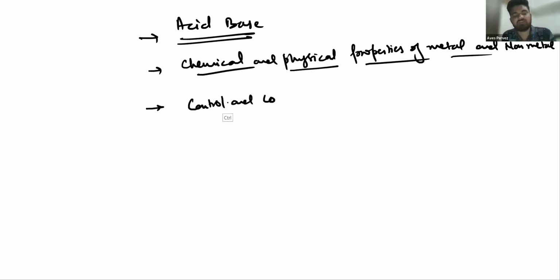So we are just discussing this because we're not wasting the time. This portion is very important. Acid base, most of the properties are generally similar. So we are just going to discuss the very important part of this chapter today from both of them: acids, bases, and salts, and the chemical properties of metals and non-metals.